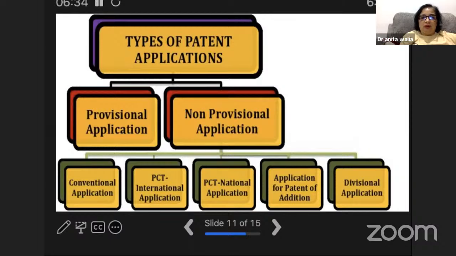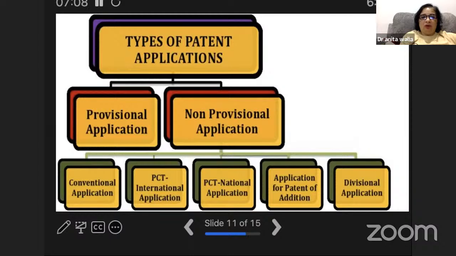Then there is something called direct filing. Direct filing is nothing but complete specification. When you have developed the product, you have used it also, you find it is useful, whatever you're claiming is being done by the product, then you can go directly for the filing and your process will be a little bit faster. Then subsequent filing is when your product is developed and you make some modification and say, okay, one more addition we are doing in that.